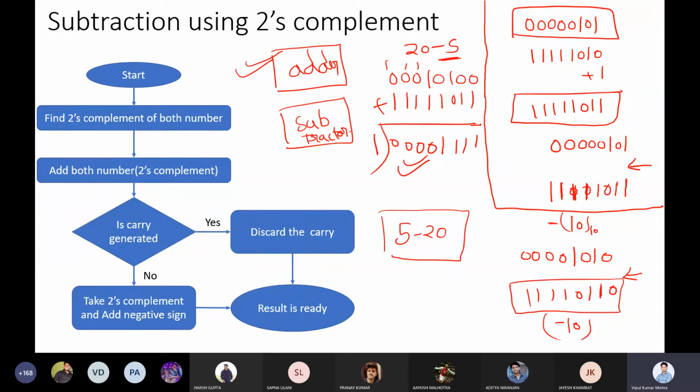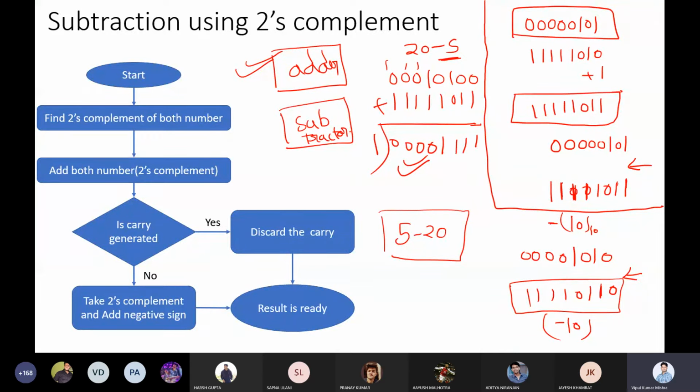So that's the beauty behind this 2's complement method and even the 1's complement method. But what beauty in 2's complement? Whenever you are subtracting a number and the first number is bigger than the second, then we do not even need to add the carry. No extra addition required. But in case of 1's complement, you have to add the carry. So the most efficient method is the 2's complement to do addition and subtraction.